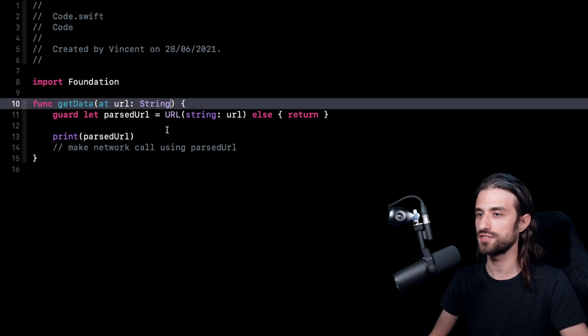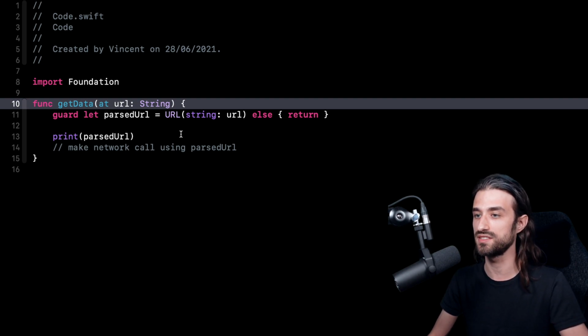And while it might seem of no concern, because after all the strings are part of our project, so we could check them before we ship our app, it's actually quite common for apps to get their URL from a network call, meaning that when the app starts, the app is going to request a file, and in this file there will be all the URLs that will be called by the app, so the URLs for all the different services. And when you have this approach, it's actually fairly easy to make a mistake in this remote file and to introduce an extra white space after a URL. I've actually seen this mistake being made in production, and it's always extremely frustrating when an app stops working in production because of such a trivial mistake.